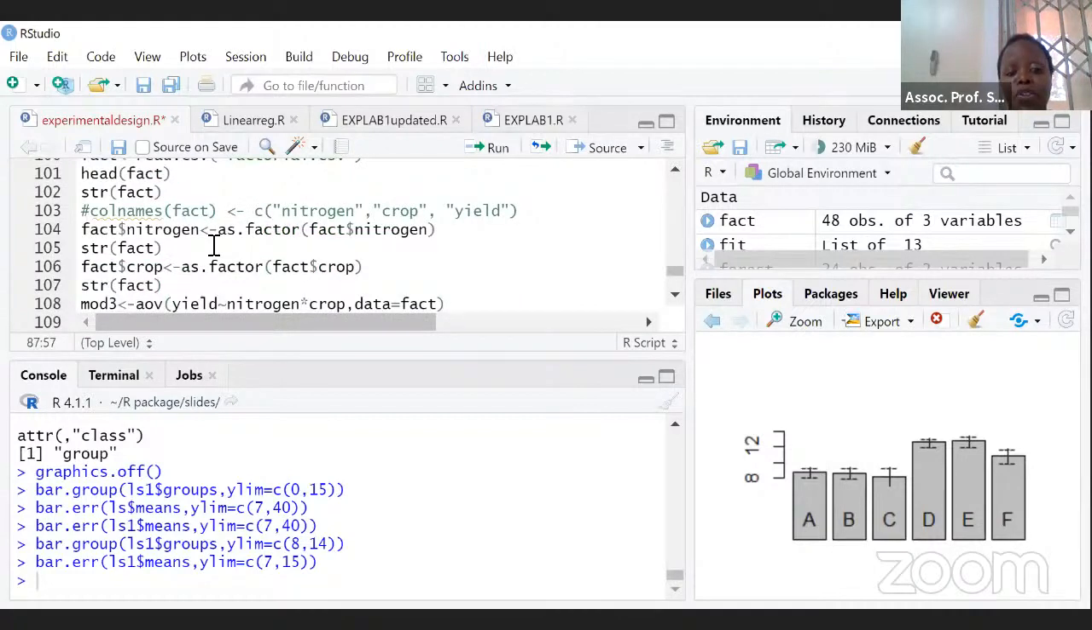The only thing I'm going to comment about factorial is that once you run it, the first thing you interpret is the interaction. Don't look at the main effects before you interpret the interactions. And if the interaction is significant, meaning the p-value corresponding to the interaction is less than 0.05, then you draw